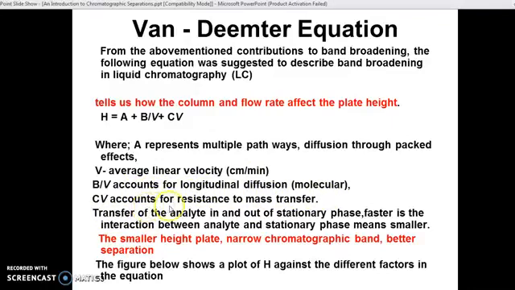Then C accounts for the resistance to the mobile phase, or mass transfer. So how is the mass transfer of analyte in the stationary phase and out of the stationary phase? Whether the interactions are required, definitely the interactions are required more towards the stationary phase than the mobile phase. So it is affected much more. As well as the flow rate is affected, and how the column is. What type of column you have, what type of flow rate you have,